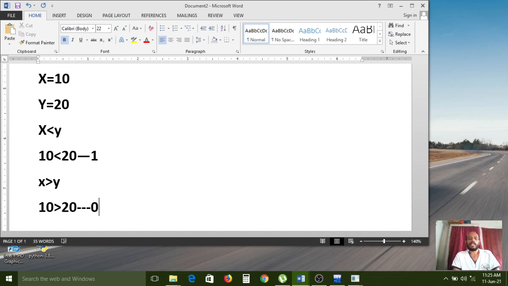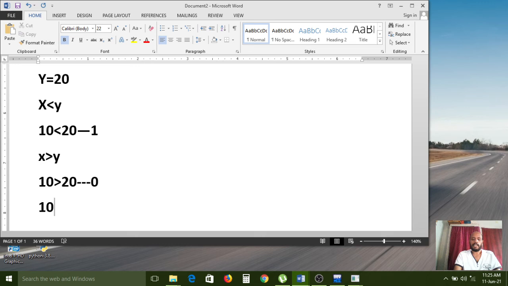That's why it will return 0. Like that, if it is 10 equal to 20, that will also return 0, because 10 is not equal to 20. We have to do the operations like that.